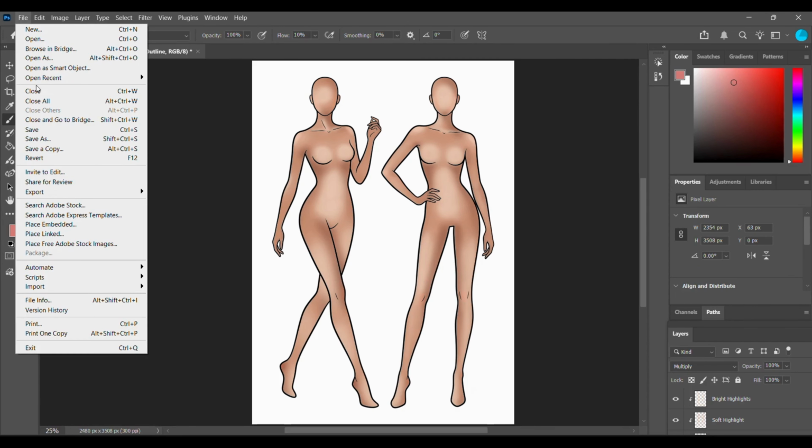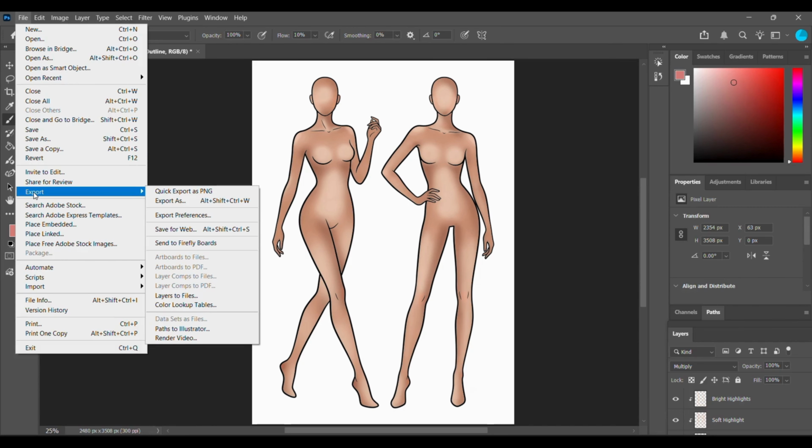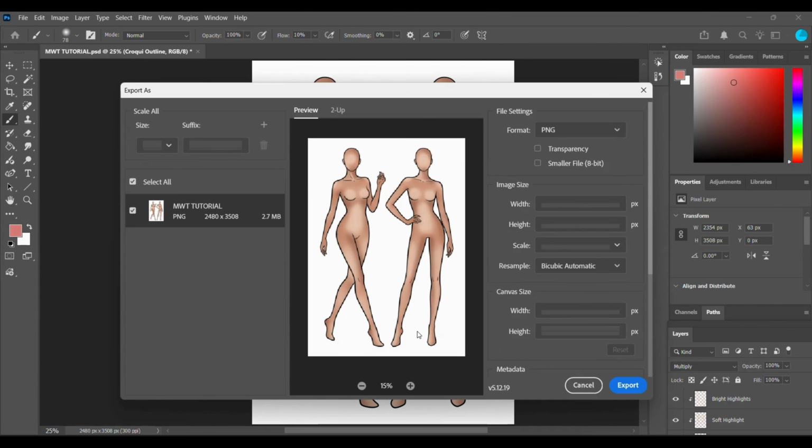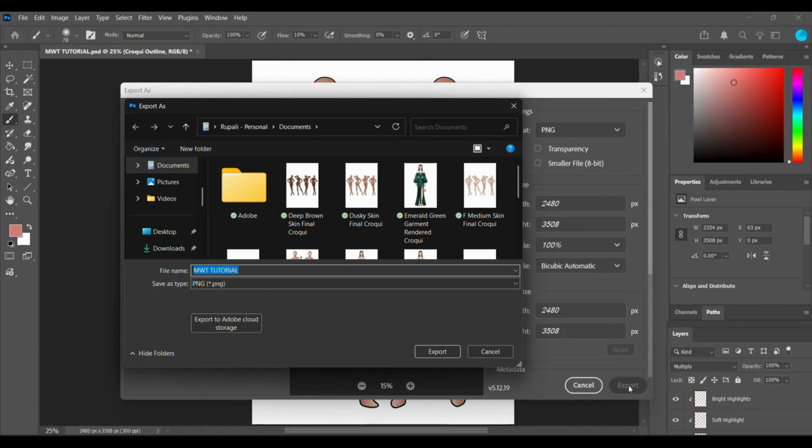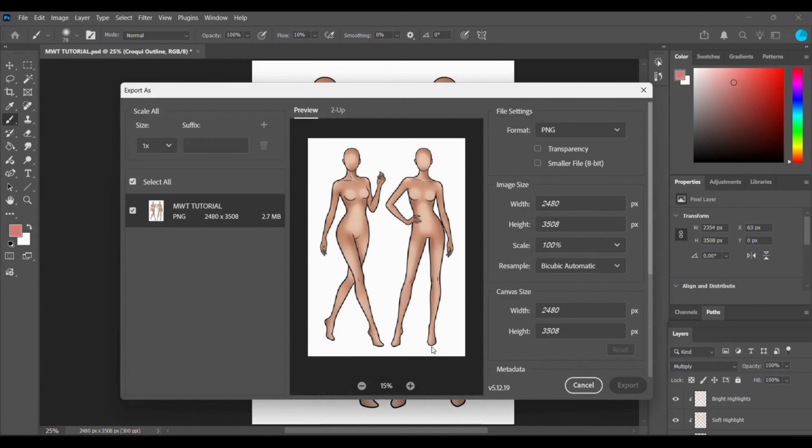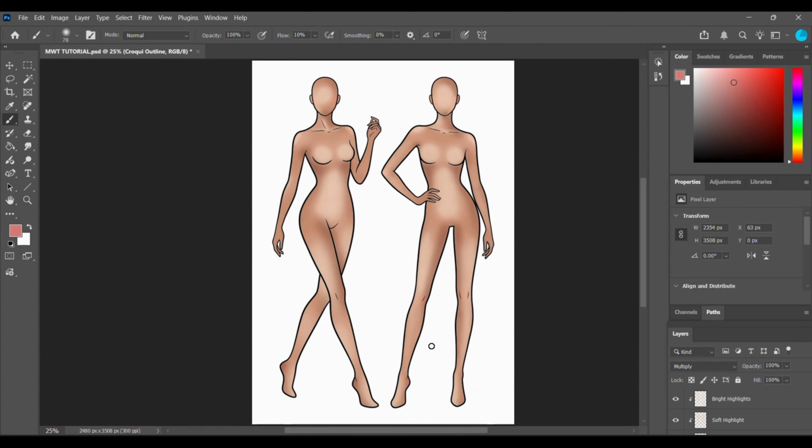Go to File, Export, Export As. Make sure the format is PNG and the transparency is unticked. Click on Export and rename it as whatever you want. I'm just renaming it as image and clicking Export. Done. So now if you want to edit or make something creative in Canva or something,